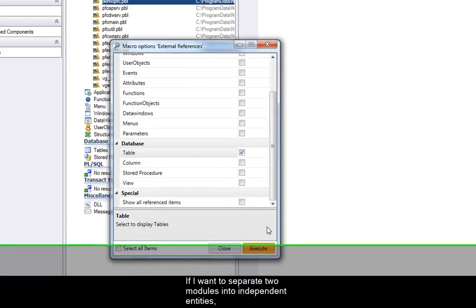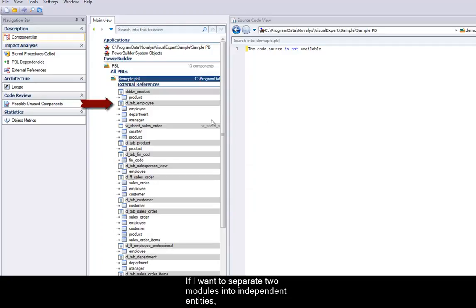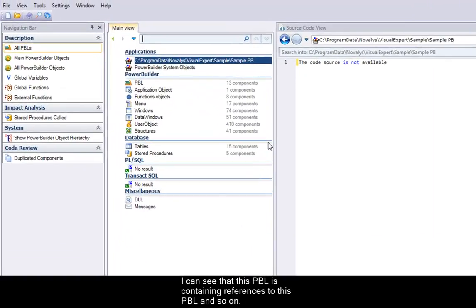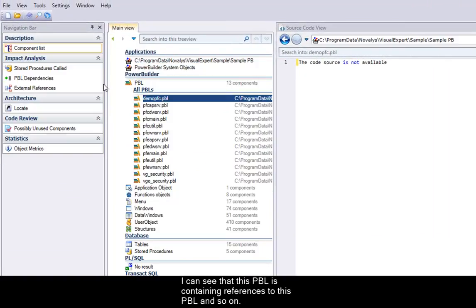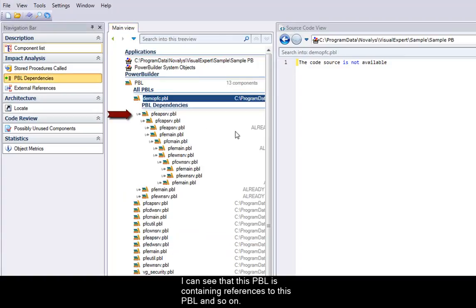If I want to separate two modules into independent entities, I may want to check the dependencies between PBLs. I can see that this PBL is containing references to this PBL, and so on. If you want to learn more, we suggest that you watch the video on dependencies between PowerBuilder and store